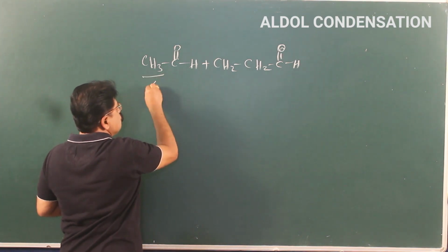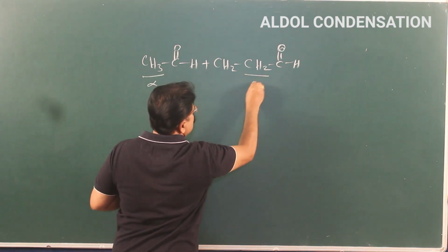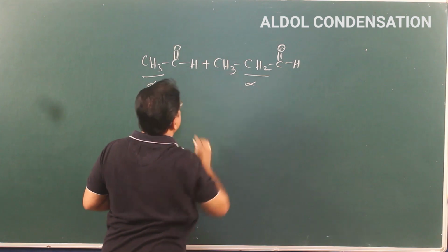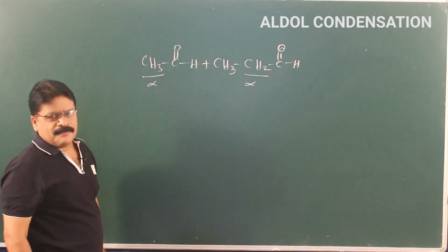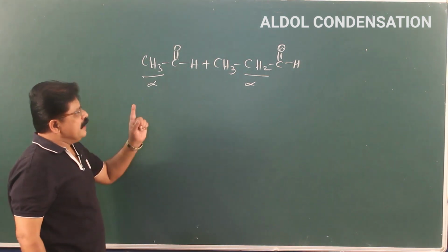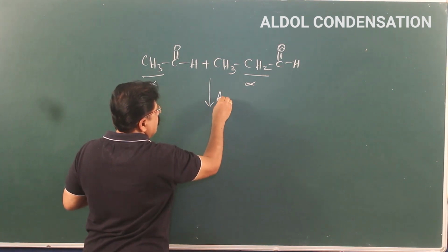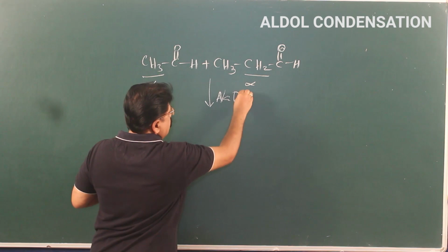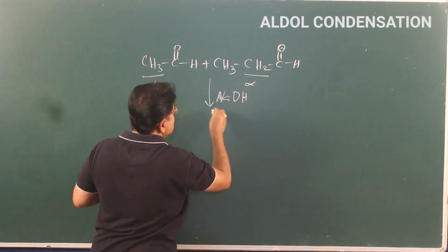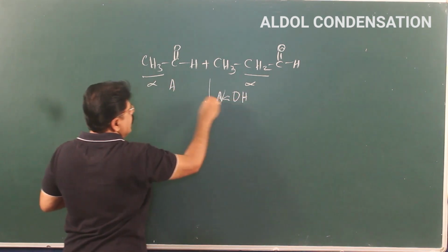So, this also has alpha H, this also has alpha H. Both contain alpha H. In such a case, when you treat it with a base, suppose I call them A and B,